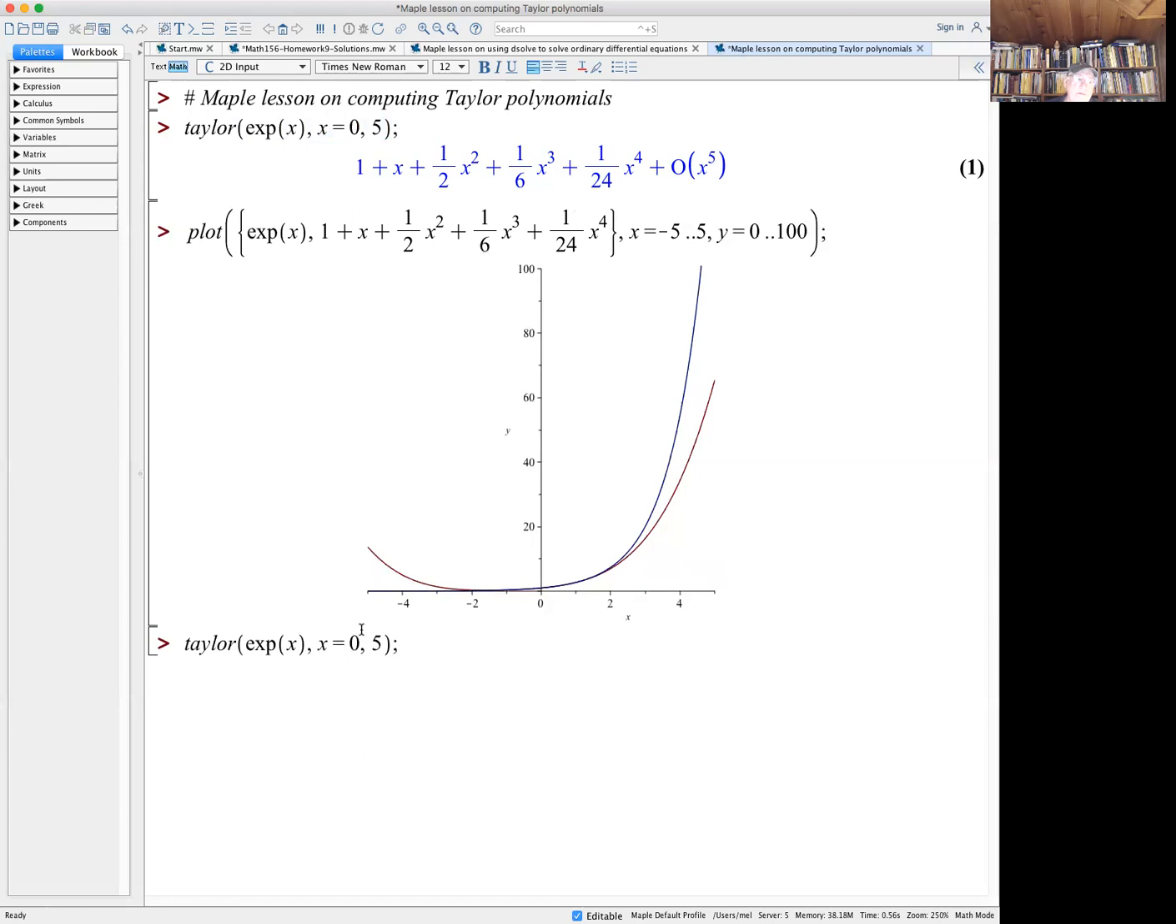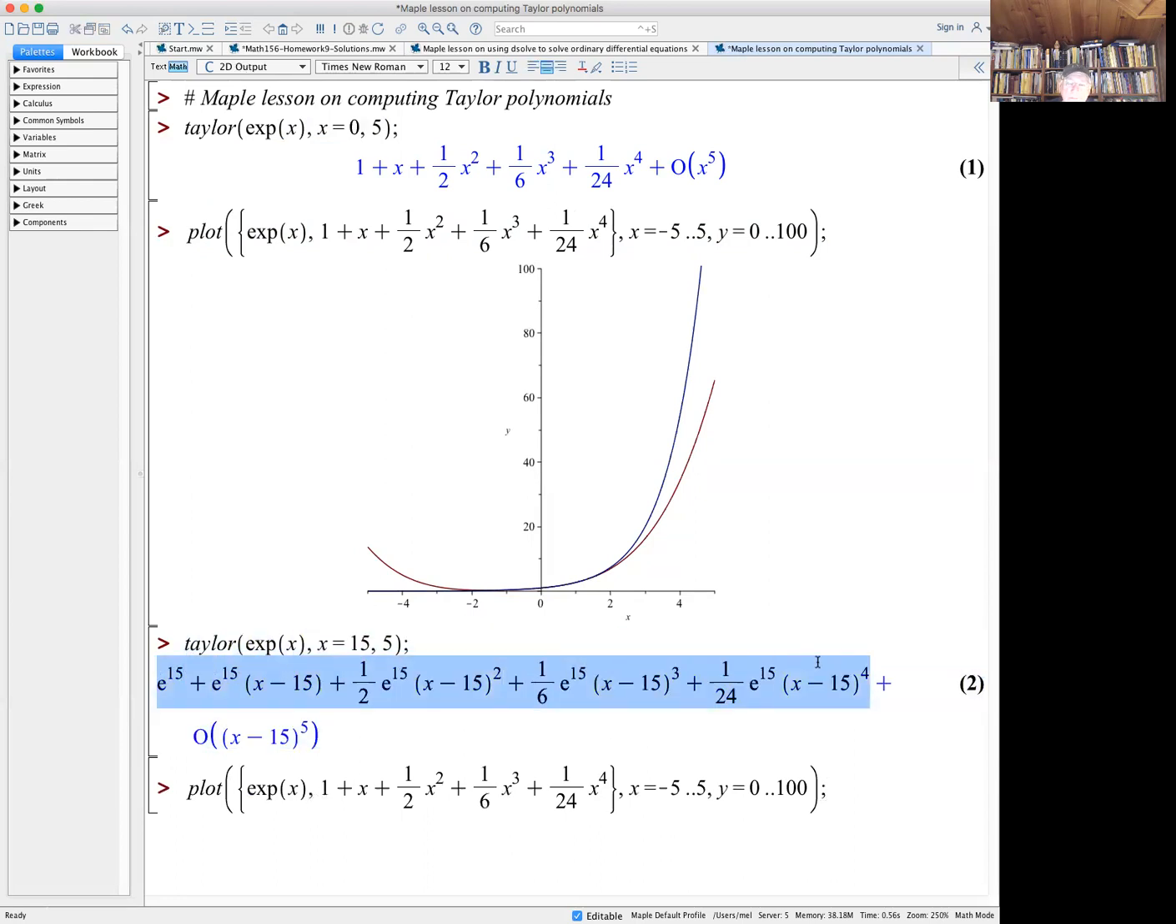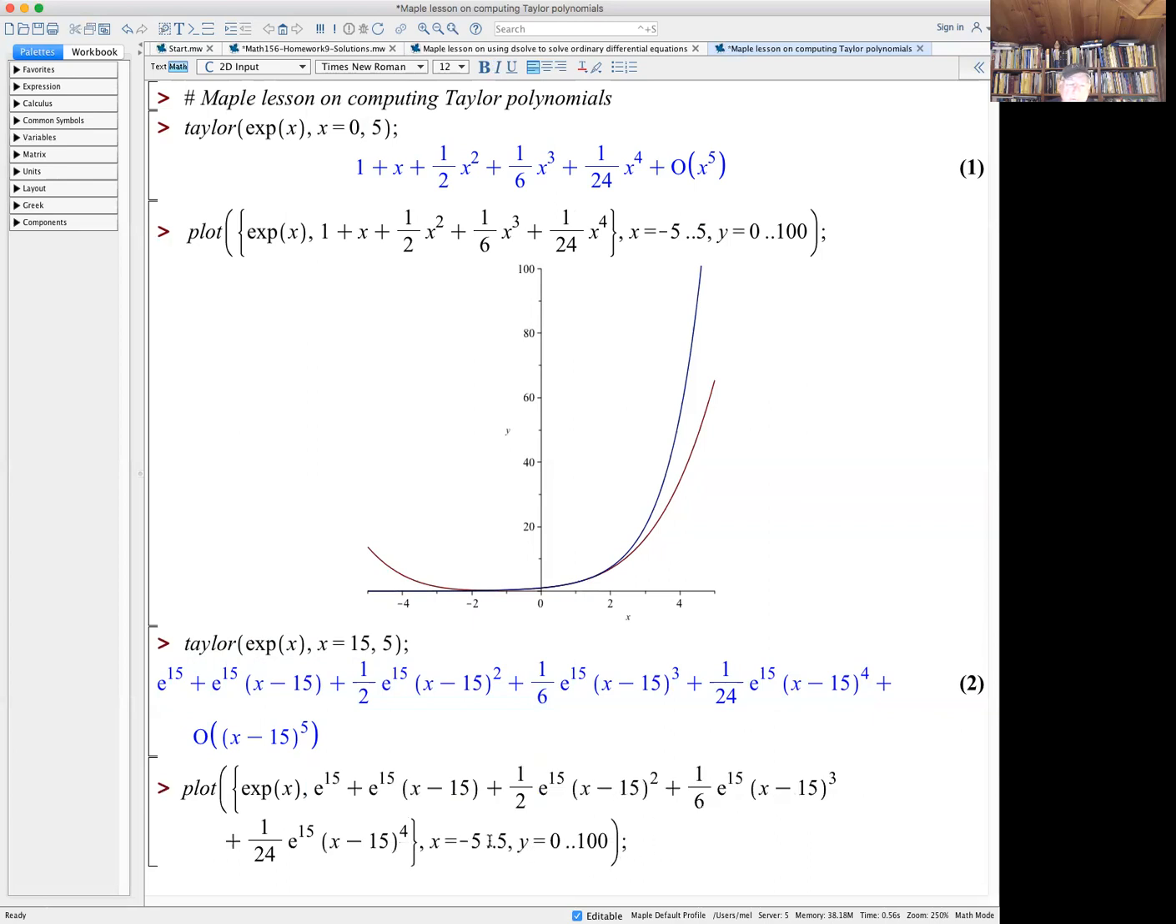Suppose we wanted to compare them with some other value, like maybe x equals 15. So this is e to the 15th, these are just numbers, but this is in powers of x minus 15. And let's see what that looks like. If we plot the exponential function as well as this polynomial,